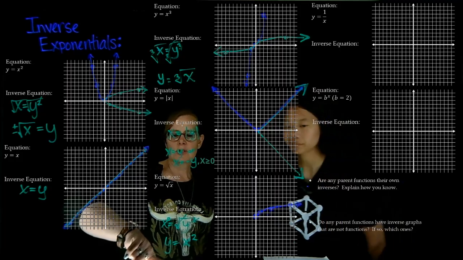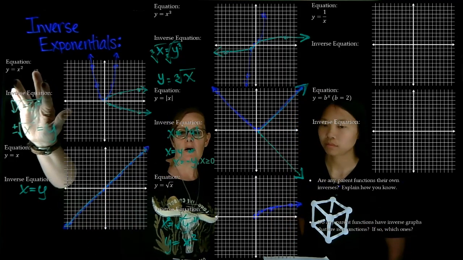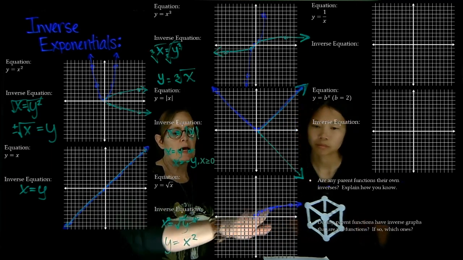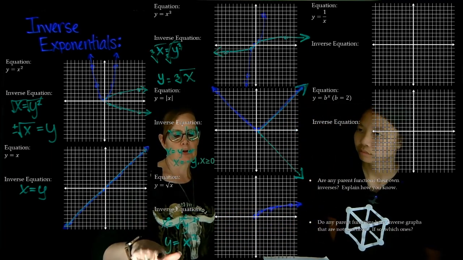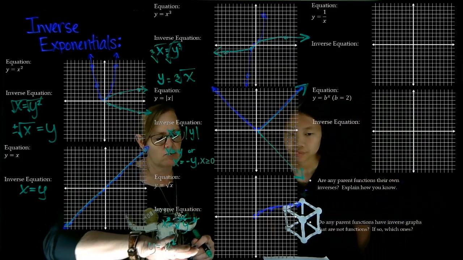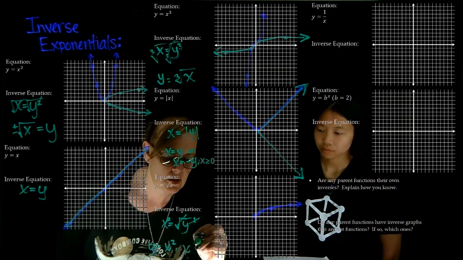So if you'll notice, y equals x squared is our parent equation for the parabola, but with our square root, we only have the one side. So we need to restrict our equation here. So we have y equals x squared, but then we need to add x has to be greater than or